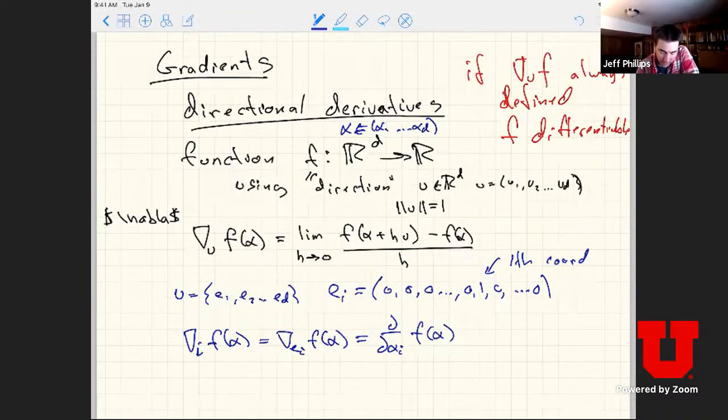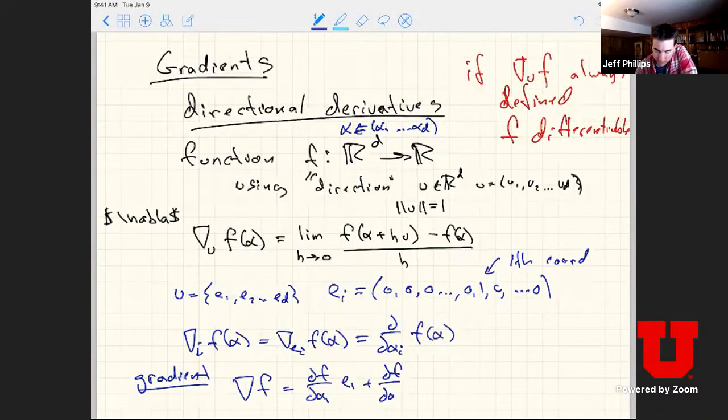Finally, I can define the gradient, nabla f with no subscript here, which is just going to be df d alpha 1 times e1, plus df d alpha 2 times e2,